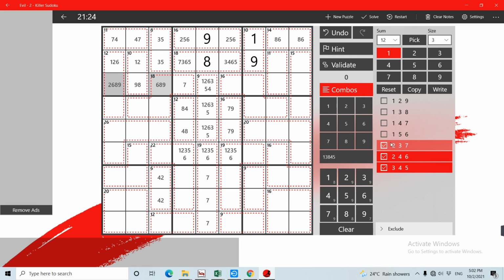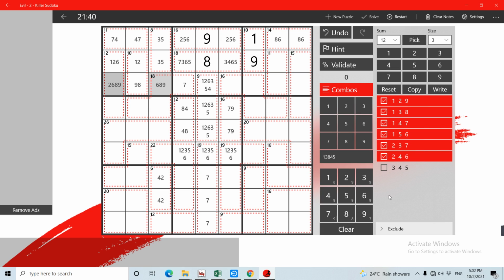So let's take a look at this. 12, anything which has 3 and 4 cannot be done. Sum of 12, 3 and 4, that is not a possible series. Anything which has 3 and 5, nothing. Anything which has 3 and 7, 3 and 7,